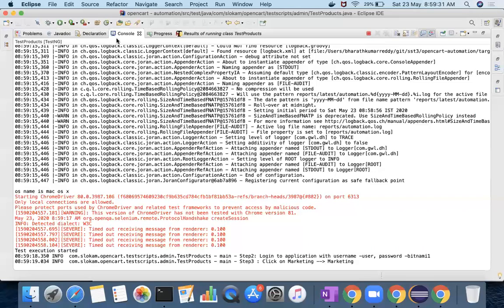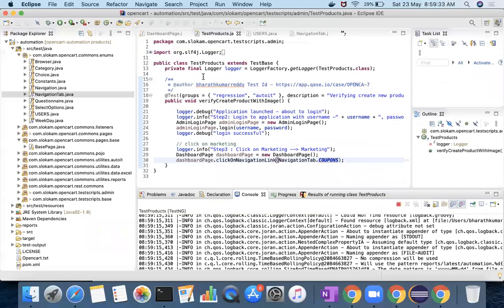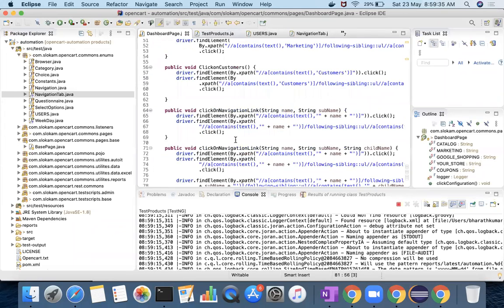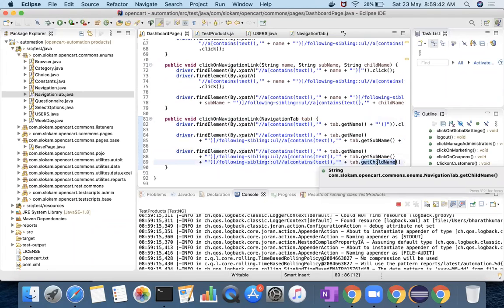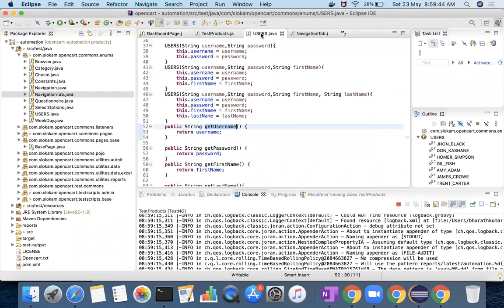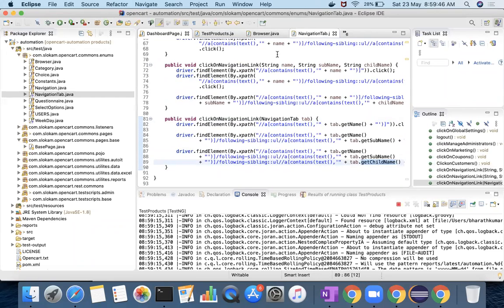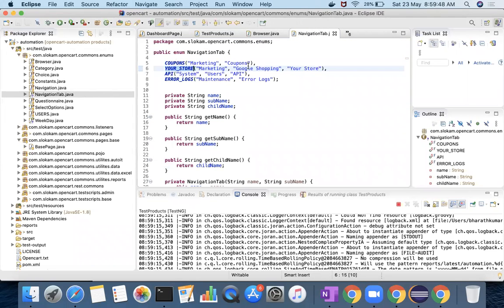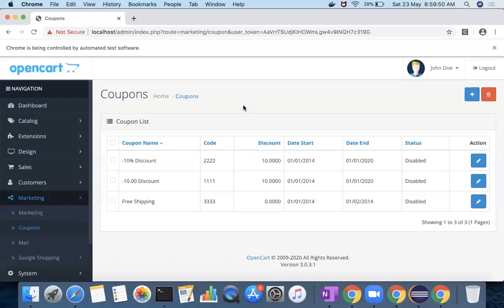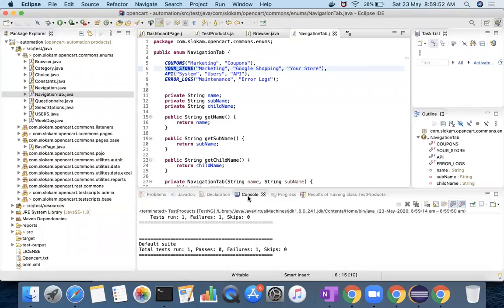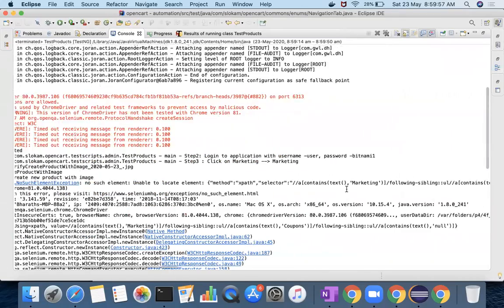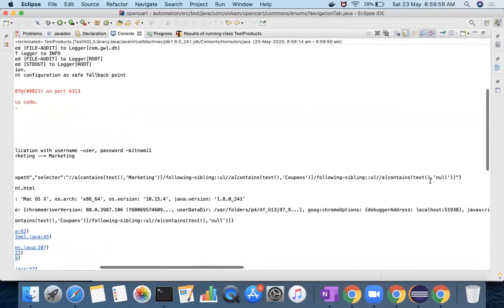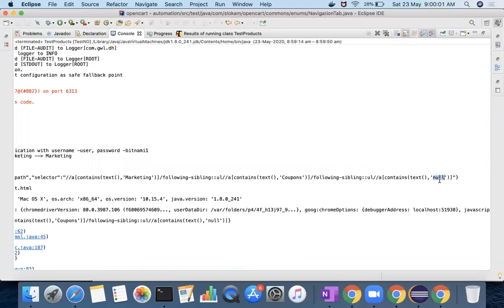Because you have written three clicks right here on the dashboard page, the first click, second click, and third click. So the third click is having get child name empty, because this coupons has only two values. The third child value is null. That's why it failed, unable to locate the element. It is the third one, the null. With the null, it is not able to identify.